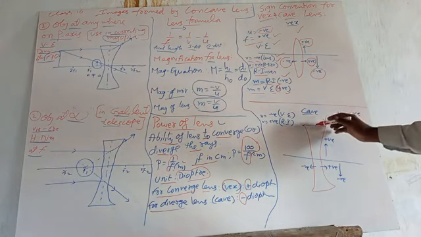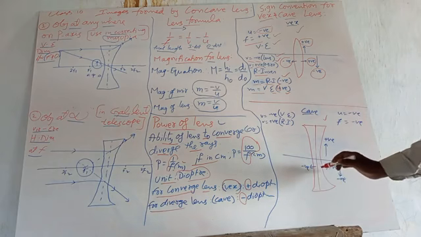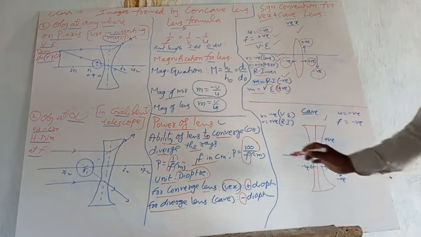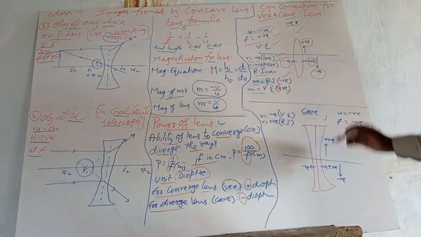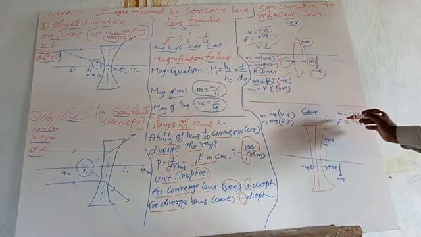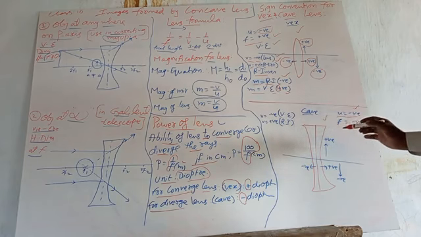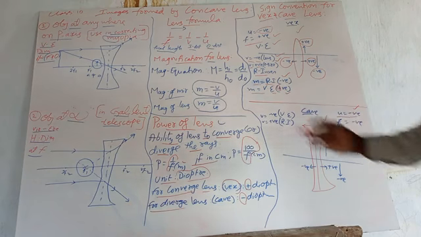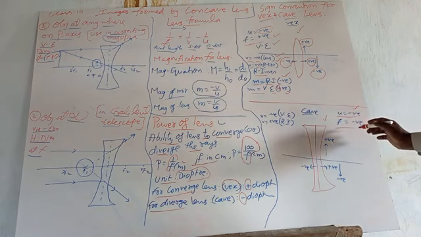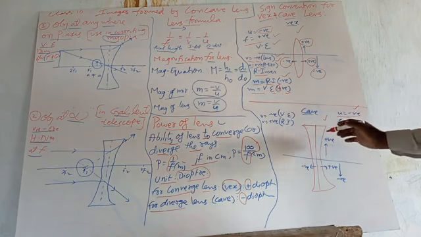Look here, concave mirror is also the same, the center line is also there. Same: right side positive, left side negative, upside positive, downside negative. And here what I am telling you, distance of object is always negative, because it is on that side only. And focal length is always negative. Please keep it in your mind.